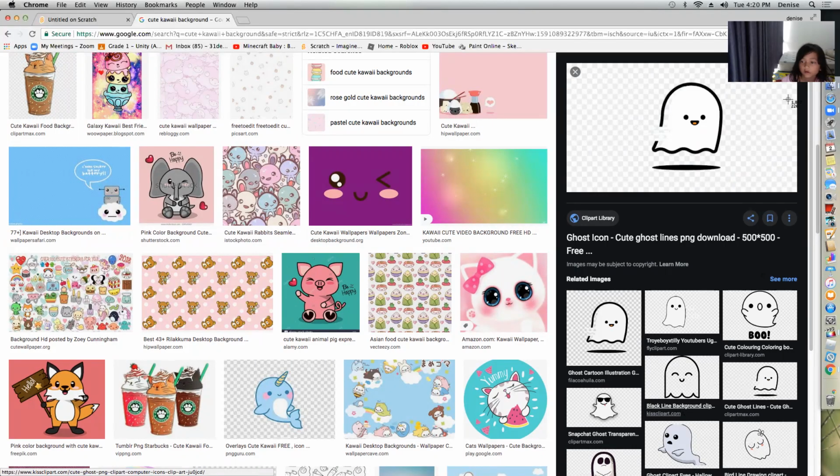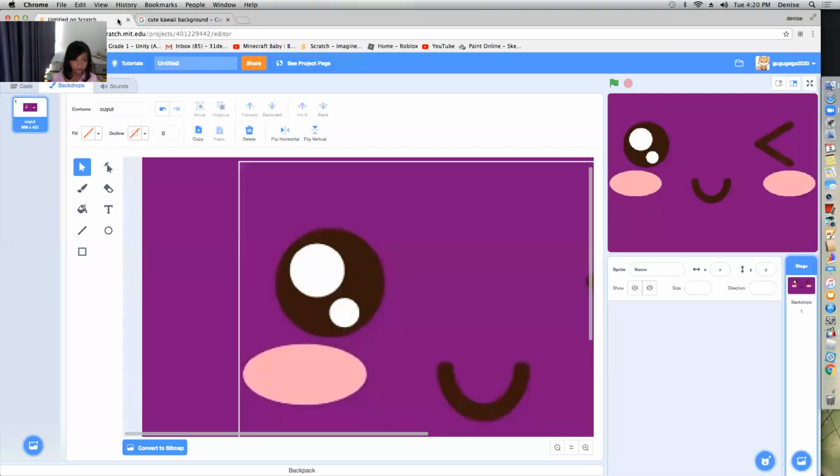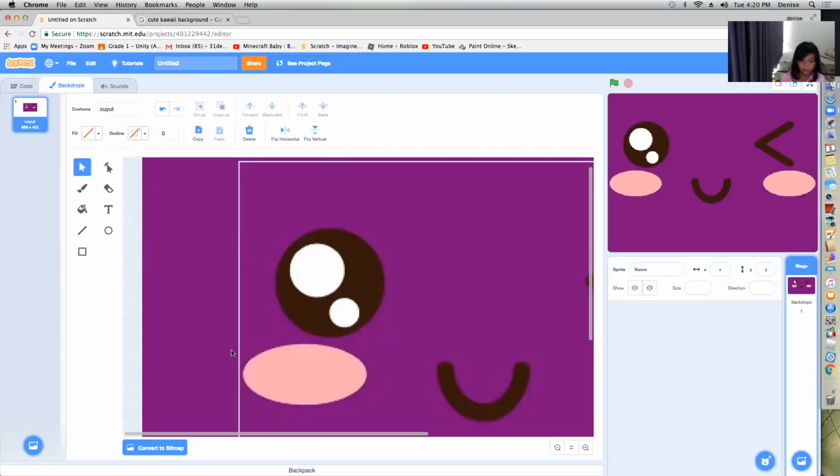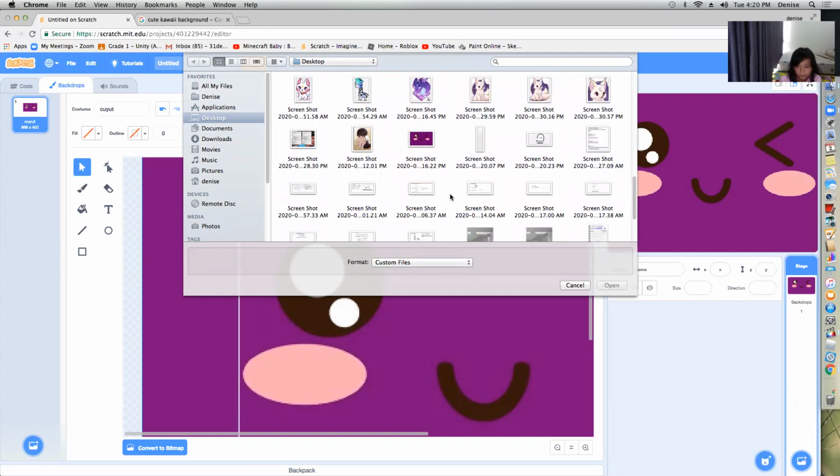Then Shift 4 and wait for a minute. Command Shift 4, and then here, let's upload backdrop like this. This one I'm going to put in the trash.